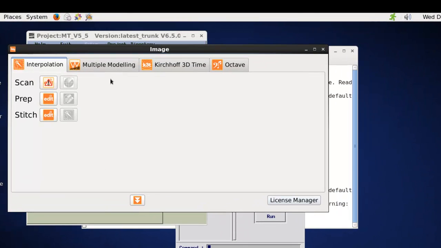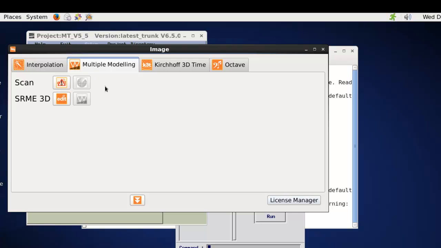So this gives you access, in a simple, easy to use interface, to things like our interpolation algorithm, our 3D SRME multiple modeling capability, our Kirchhoff pre-STM, and our receiver and source deghosting application, Octave. These all run from either currently